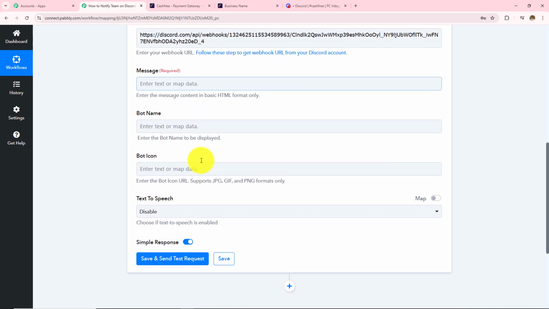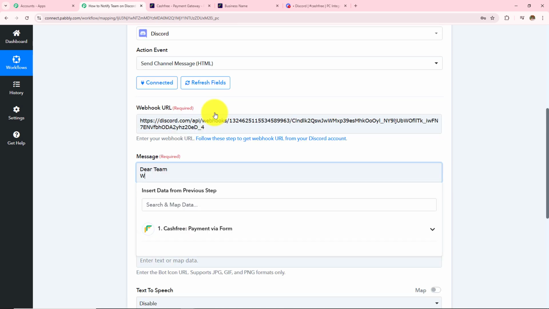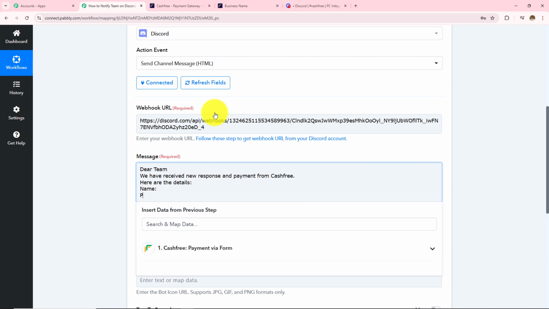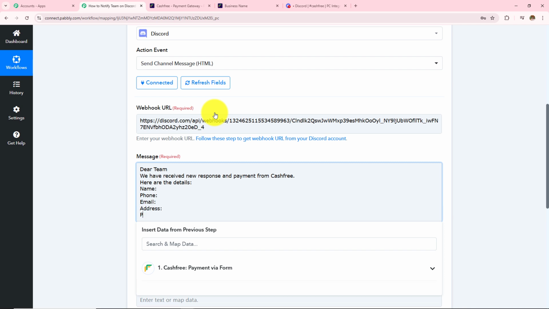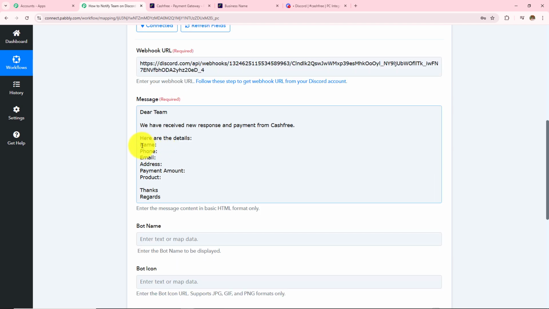Now I have to draft the message in a way that I want to send to my team. So let's say, dear team, we have received new response and payment from CashFree. Here are the details. So the name, phone, email, address, payment, amount, and then the product name. Thanks, regards. So now I have to enter the value to these fields, and I'm not going to enter this